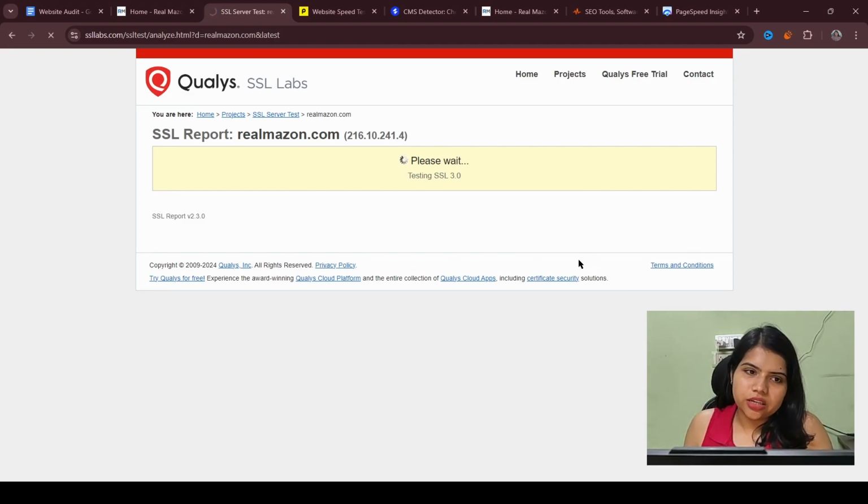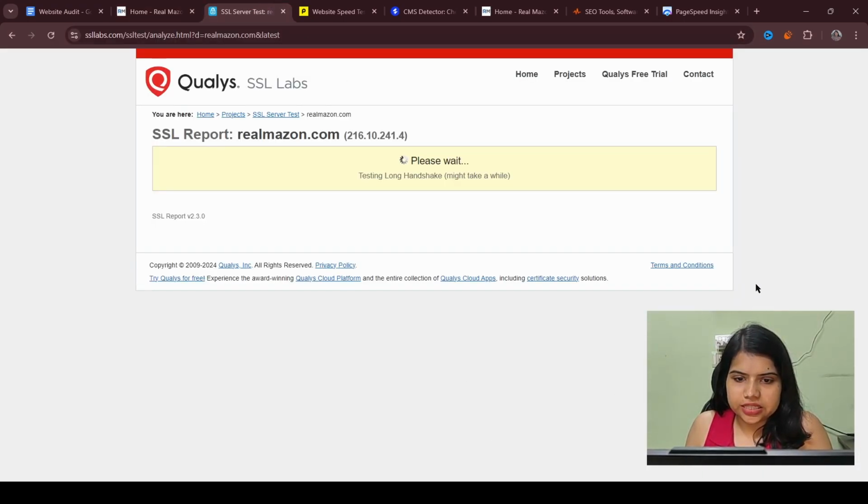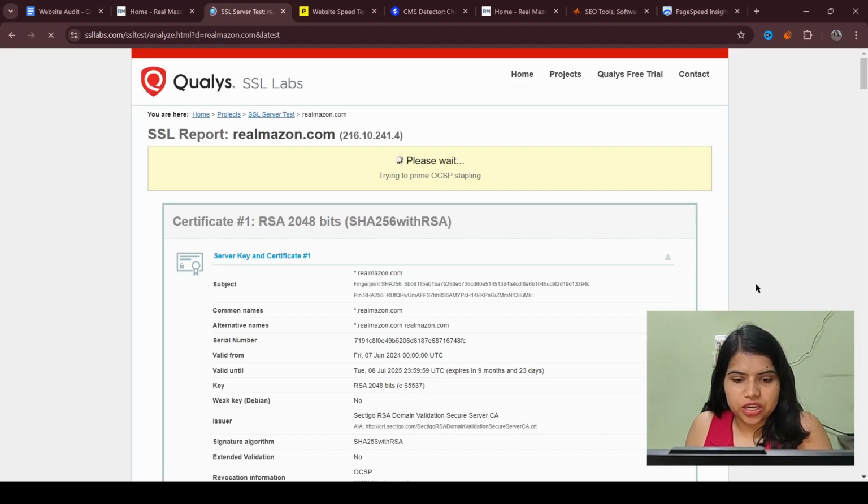Although for checking the SSL, you don't really need a tool. You can actually see it from the URL itself. If it is HTTPS and there is no warning that it is not a secure site, then it has the SSL. However, you might need some other information related to it, like what version it is, and when you are running it for a client, when the SSL will be expiring.